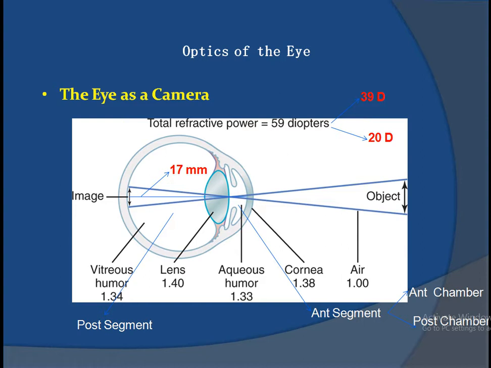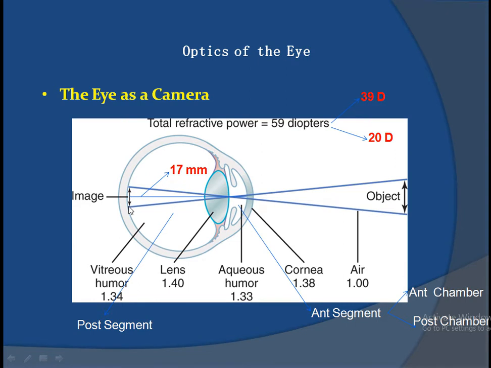Because of this change, it affects the refraction of the light, it affects the bending of the light rays. So what happens when light rays come from the object? They strike here and come to the next one, then strike the lens anterior surface,